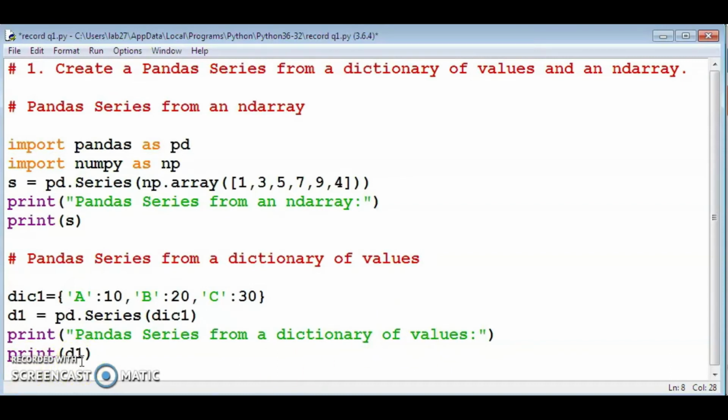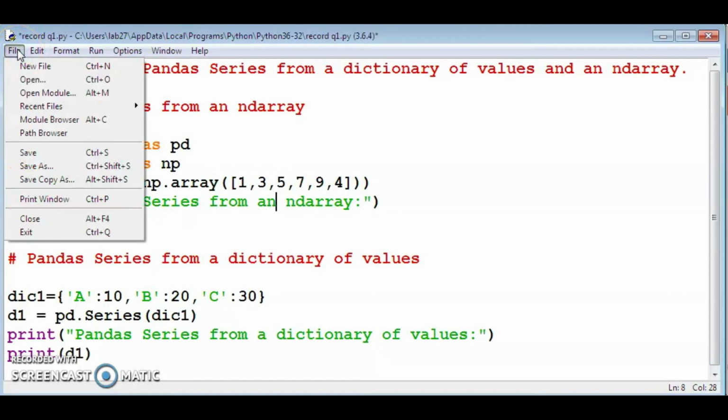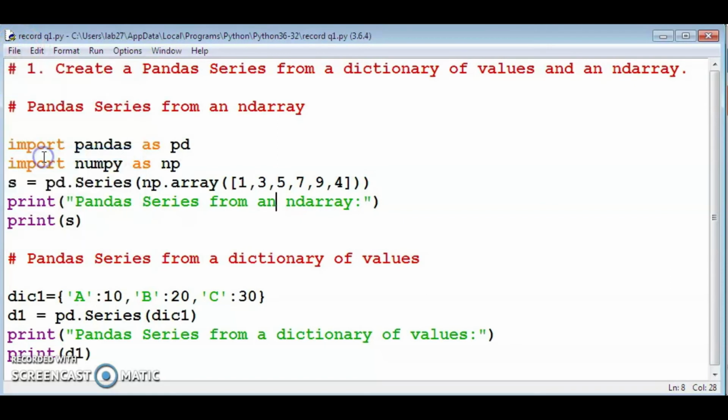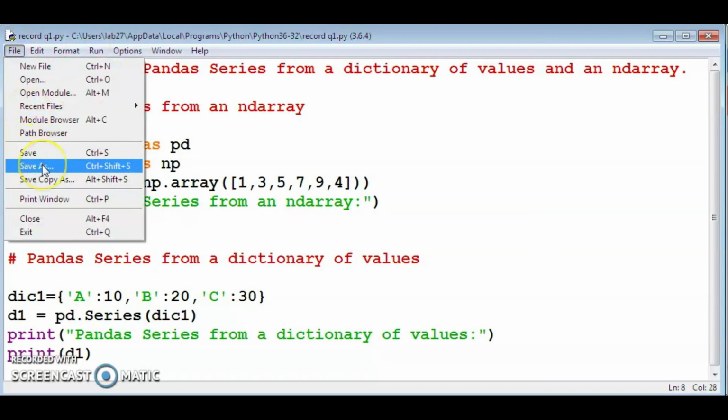Okay, after scripting your code, you have to save your file. For that, click on the file menu, save option. This program I already saved, that is why you see this window. Then you can use save as for saving in another name.